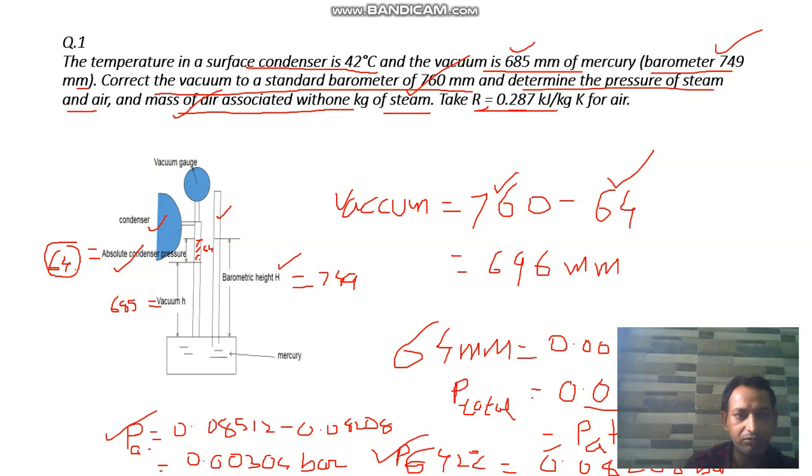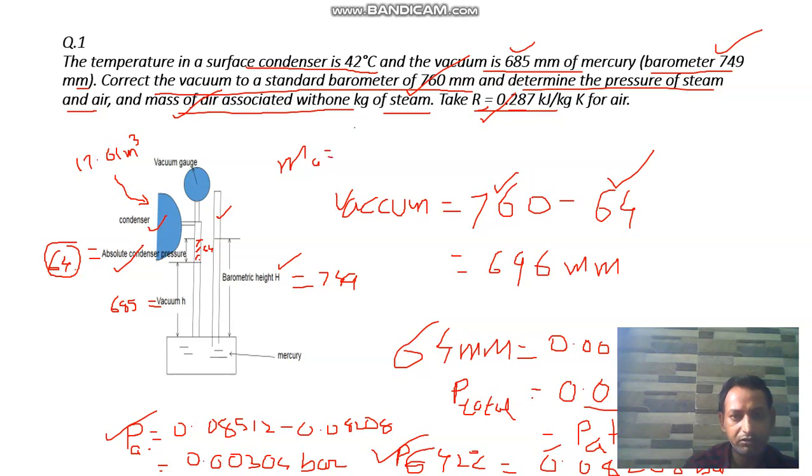The volume of steam at 42 degrees comes out to be 17.61 meter cube. This volume is also the volume of air. So we have the volume of air, pressure of air, temperature of air, and the R for the air. So the mass of the air